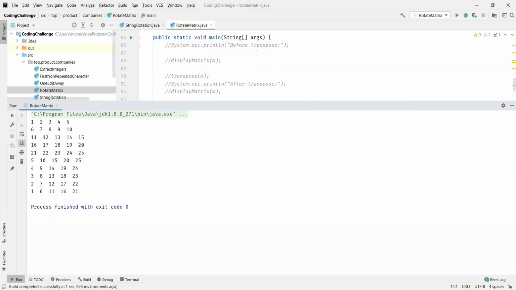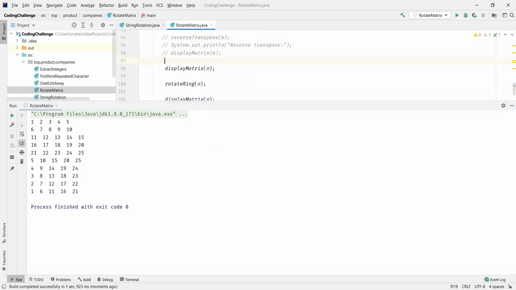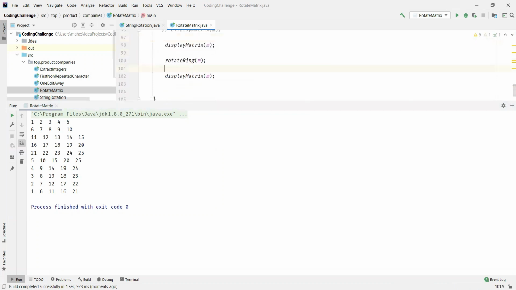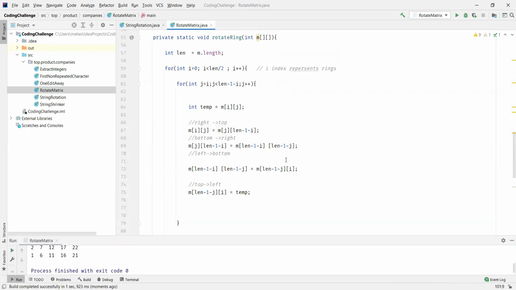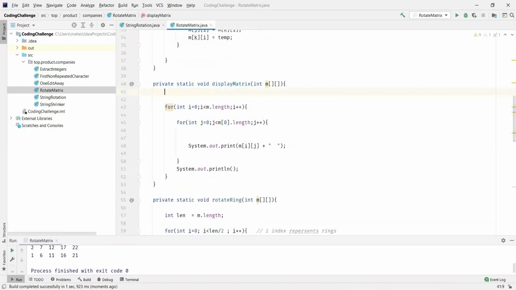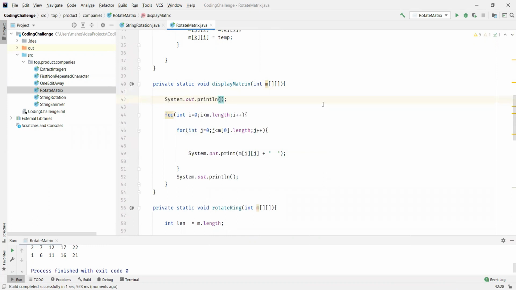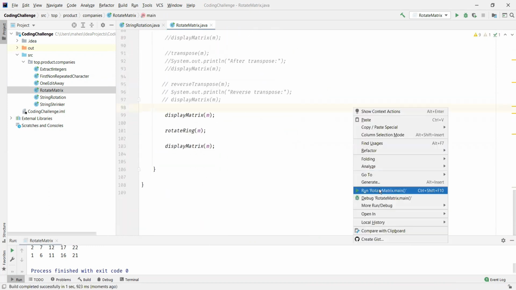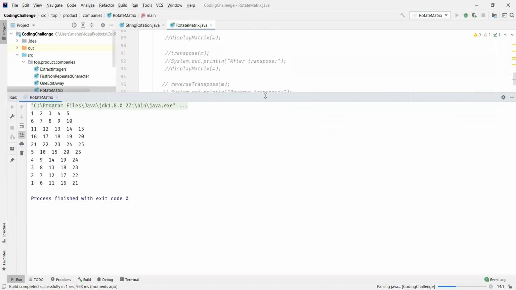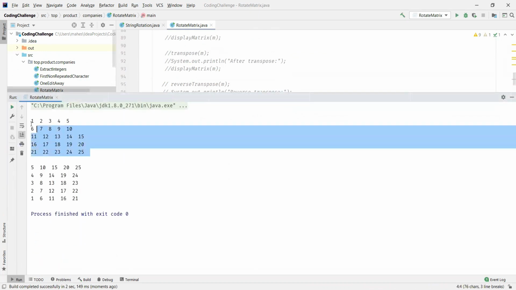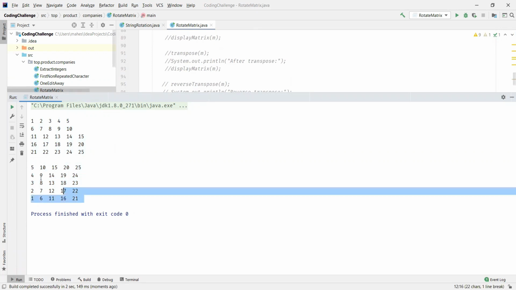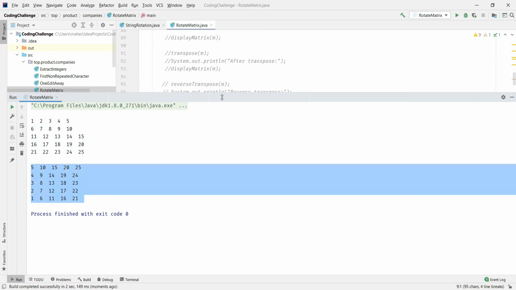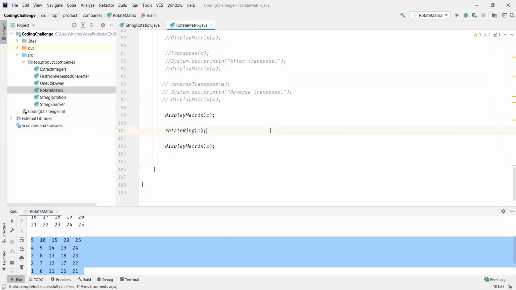And we can clearly see here, we didn't give a new line. Okay, let's give a new line character whenever we want to display the matrix, so that the output will be clear, right? So you can see it here. This is the original matrix and this is the rotated matrix. So you can clearly see the output here. And this is how we can rotate the matrix ring by ring. And this is our second solution.